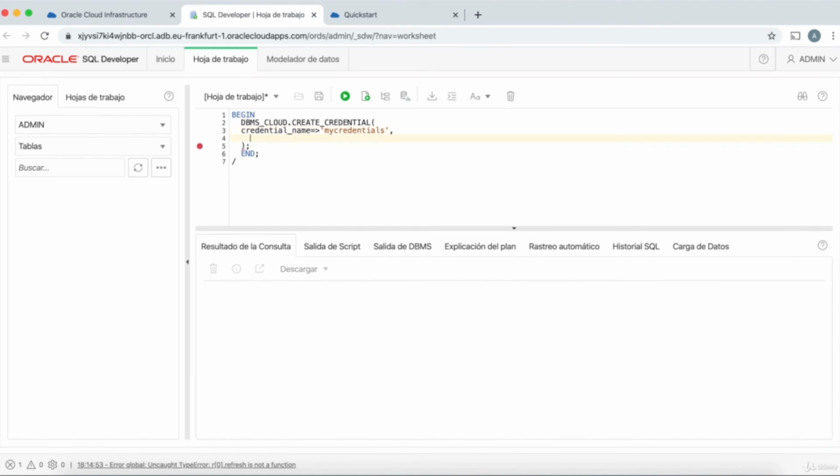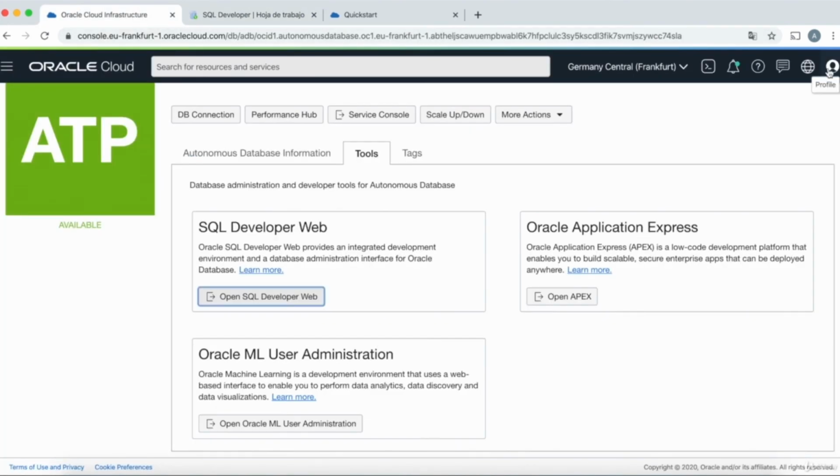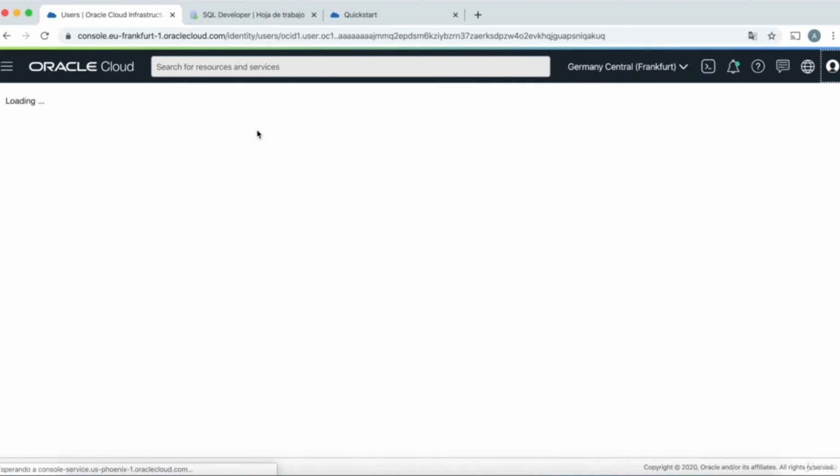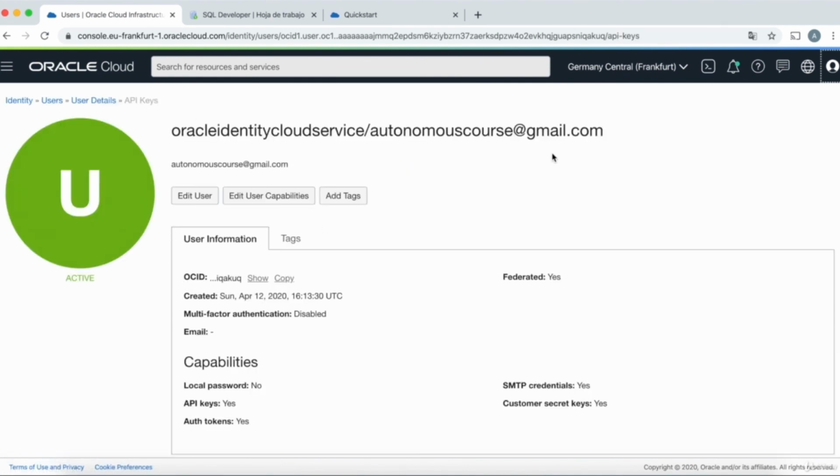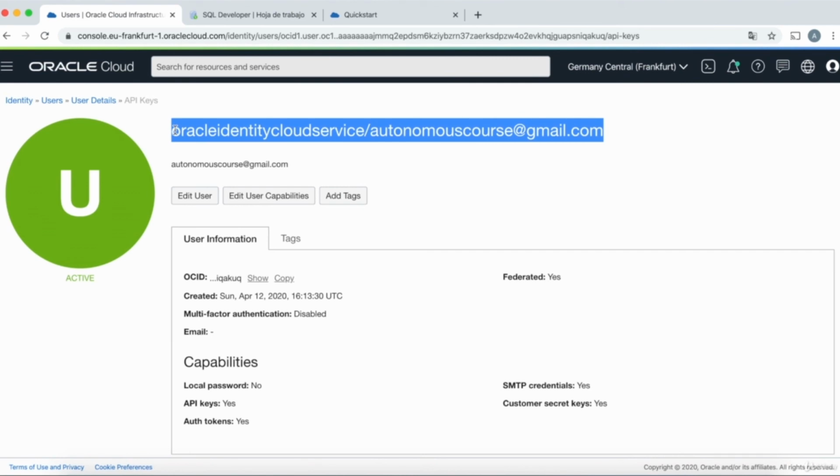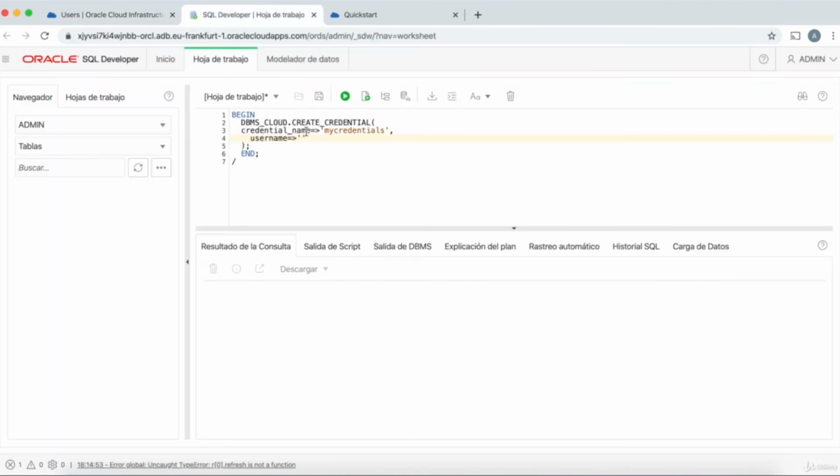Okay. So the next one is the user, which is my user in the Oracle Cloud. That I'm going to copy from my user directly. If I go here, if you have the Oracle identity, you have to copy it also. And then finally, we're going to need a password. So this password is not the password that we're using for login and so on,